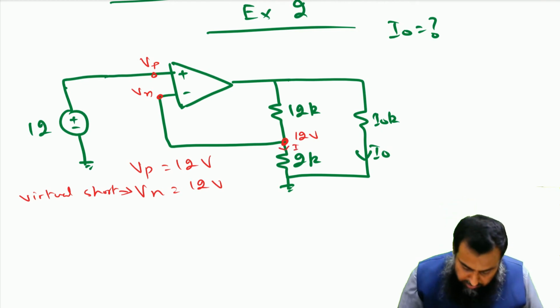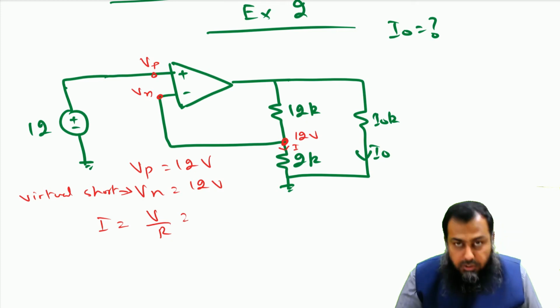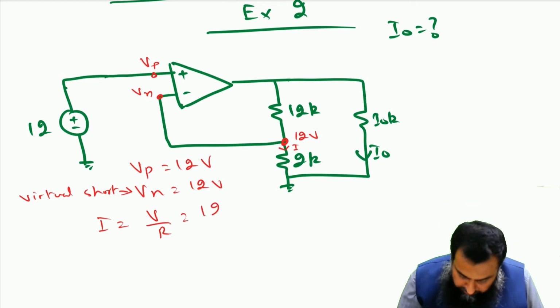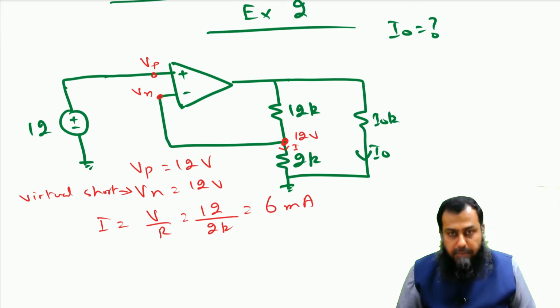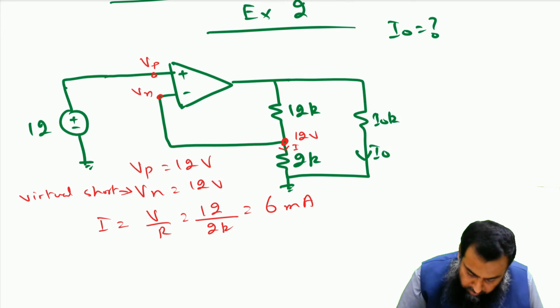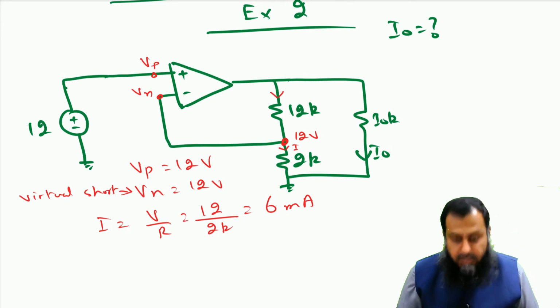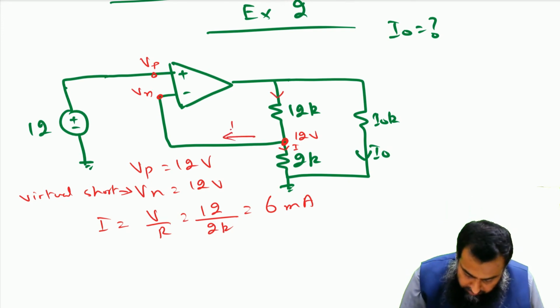So this current I is equal to V over R, and because this 12 volt is with respect to this particular ground terminal, we have 12 divided by 2k, and that is equal to 6 milliampere. Notice that this 6 milliampere current is also flowing through this 12 kilo ohm resistance, because the current IN is